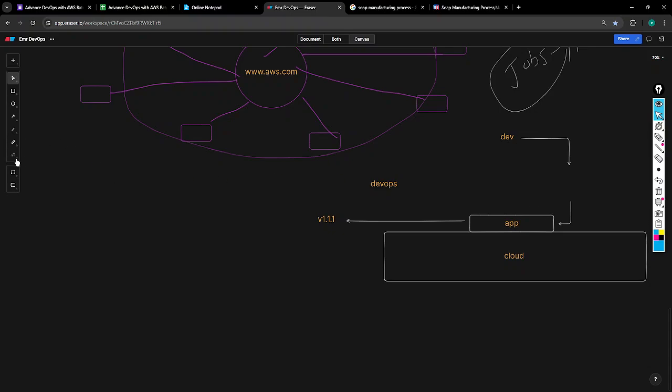That's why it is ops, we are doing operations. This activity is taken by a DevOps engineer. When an application is moved to the cloud, we must do the DevOps activity. Otherwise, the application will not be up and active, and it will not run on the cloud.